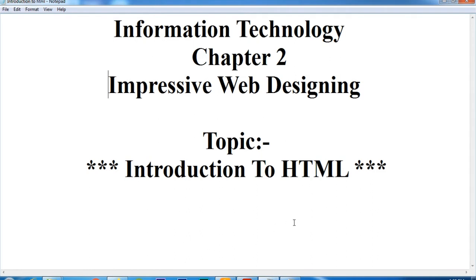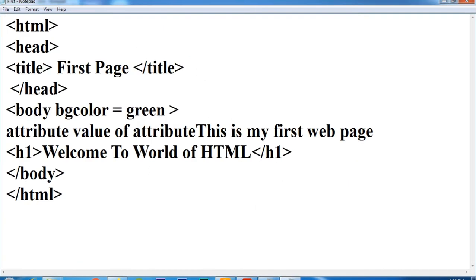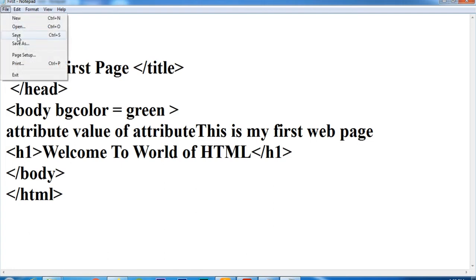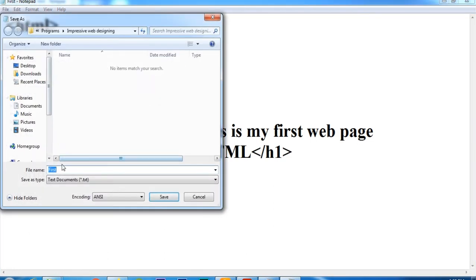For the purpose of introducing HTML I have made a simple program here, you can see, and I have saved it as first.html. If you want to make an HTML program, you need to understand that when you save this program, you have to give the .html extension.